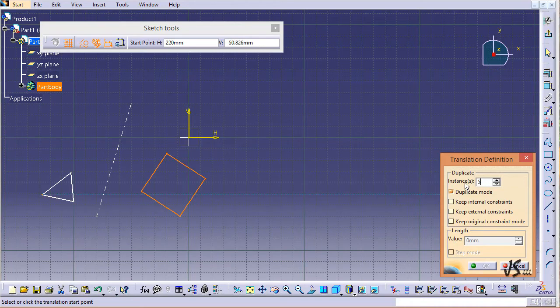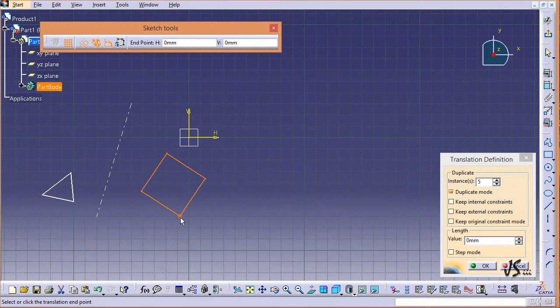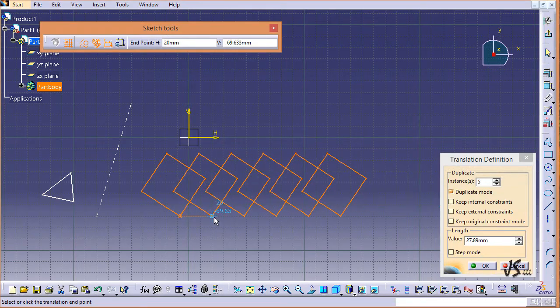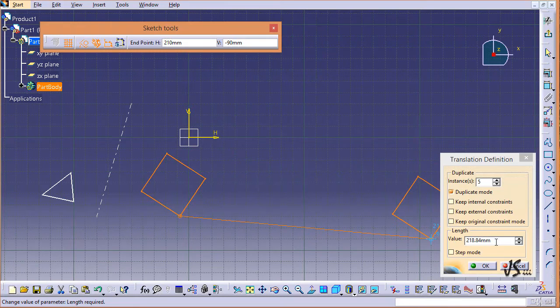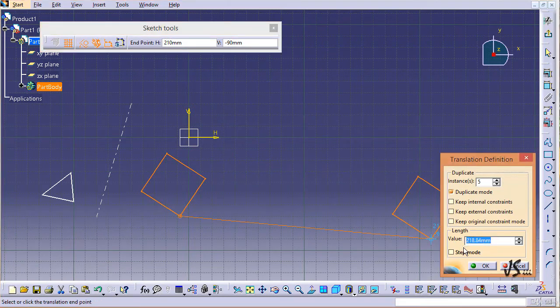So I have selected the instances. Then it asks me about the base point. Let's say I'm selecting this point as the base point. And as soon as I do that, I can move it to right, up, down, whatever I want. And also I can select to have the value right here. I want to have 40 millimeters of